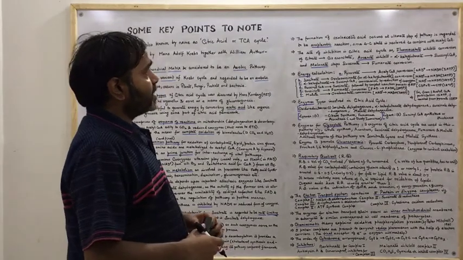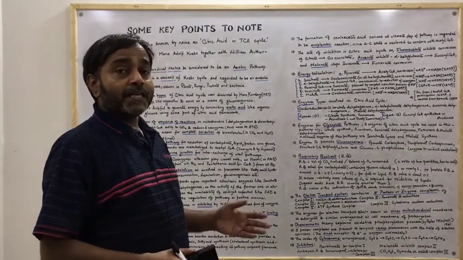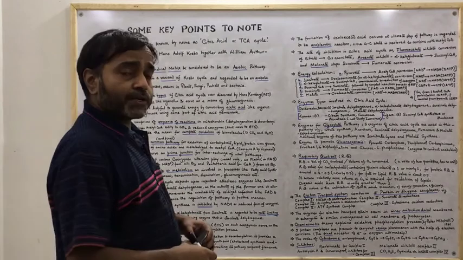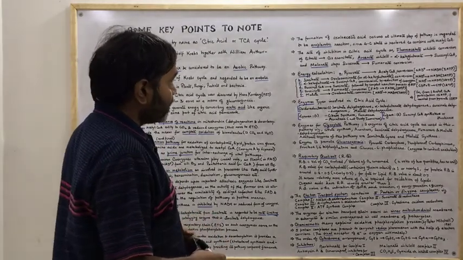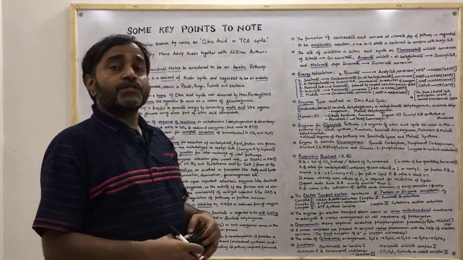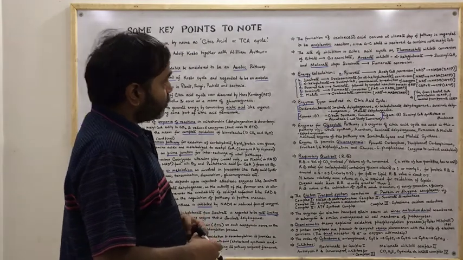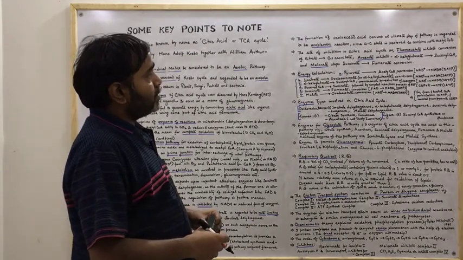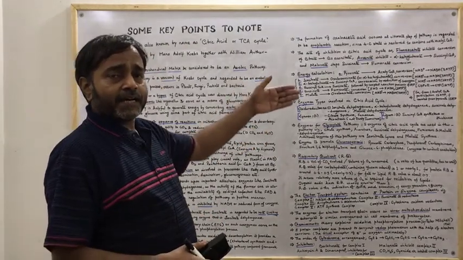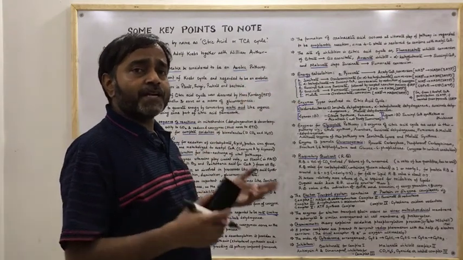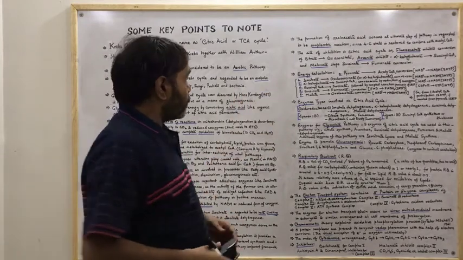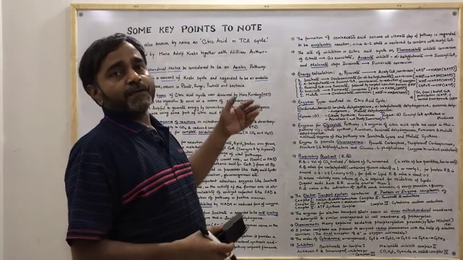Now what is the next point? The site of inhibition in the citric acid cycle is possible by several inhibitors also, like fluoroacetate inhibits conversion of citrate to cis-aconitate. What is the next one? Arsenite inhibits the conversion of alpha ketoglutarate to succinyl CoA, and likewise malonate stops the conversion of succinate to fumarate. So we have seen here that there are several inhibitors which can inhibit the citric acid cycle at different steps if these are present.